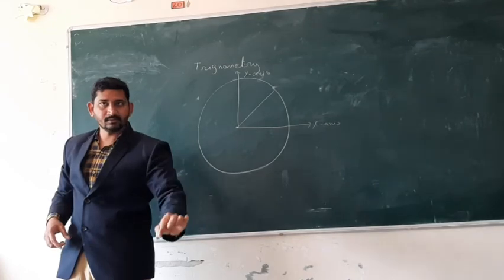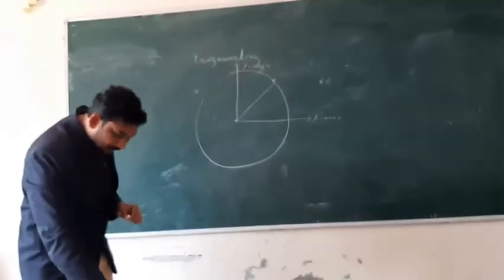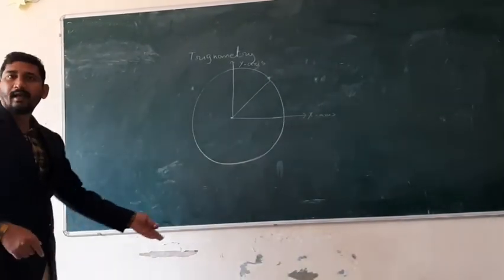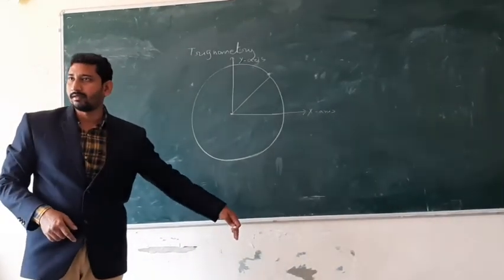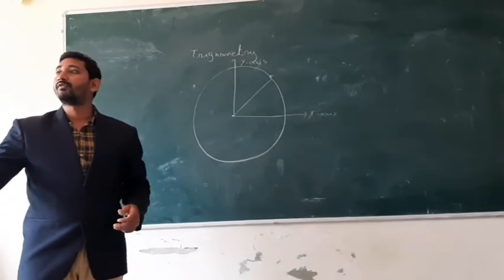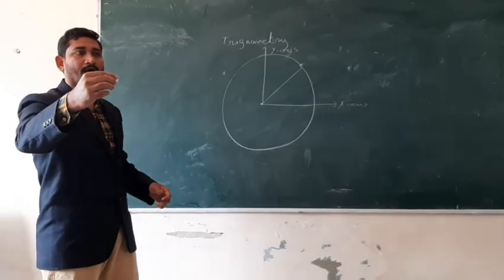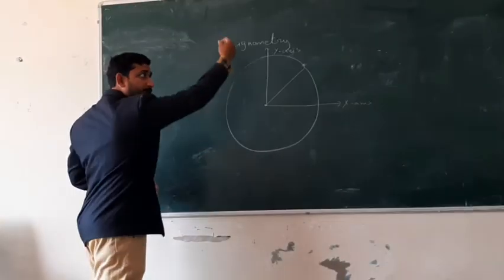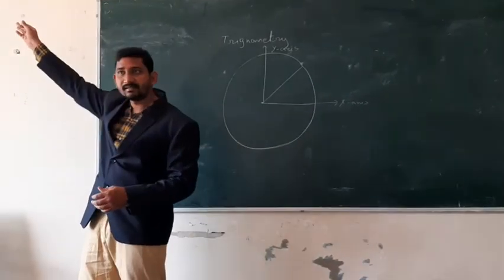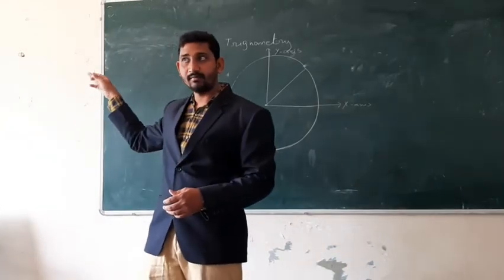I'll drop this chalk piece and mark the point where it is touching the ground. I'll connect that point to the x-axis and count 1, 2, 3, and say how much distance is covered on the x-axis. How do you find out the y-axis? Height. I draw a perpendicular line to the axis and mark a point there. I'll find out how much distance is covered on the y-axis.